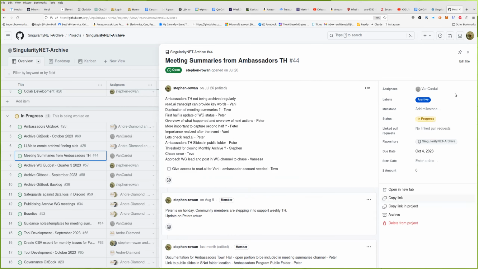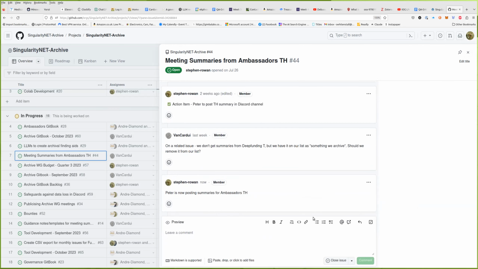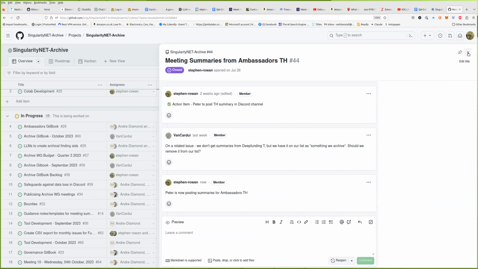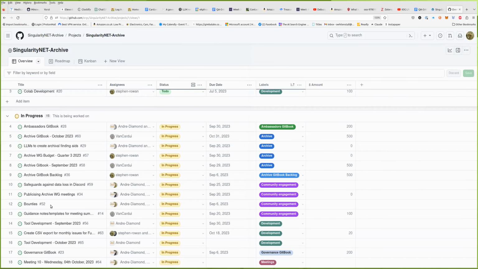Okay, moving on from there. As you see, there's no budget for that, but I think that was partly because a lot of the work is being done by Peter. Should I close this issue then? Yeah, I think it could be closed with maybe adding a link to the bounties issue. If you just take a note of that. Where's our bounties issue? Okay, I'll just create a link to that.